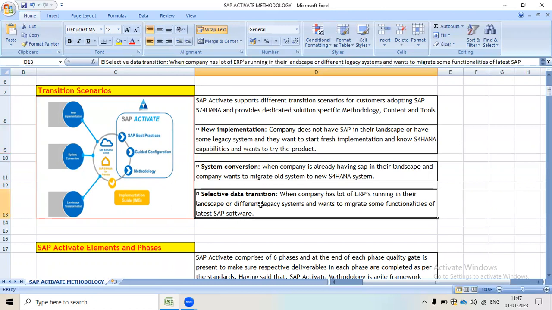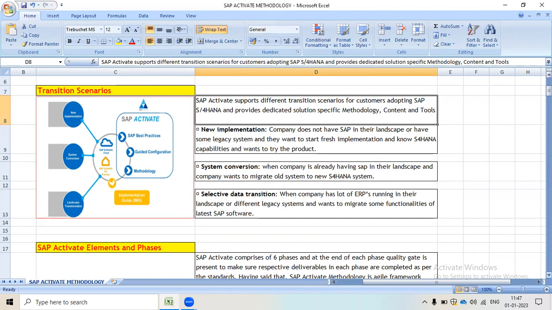And selective data transition is when the company has a lot of ERPs running in their landscape or different legacy systems and wants to migrate some functionality to the latest SAP software. This transition is under selective data transition, and it is known as a blue field implementation. So SAP Activate supports these three transition scenarios, as I have discussed earlier.